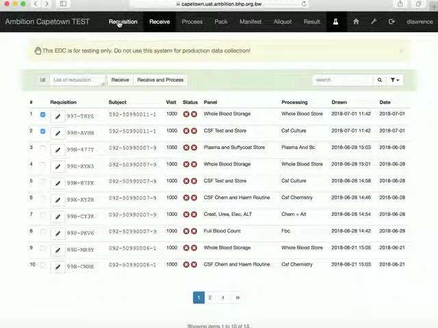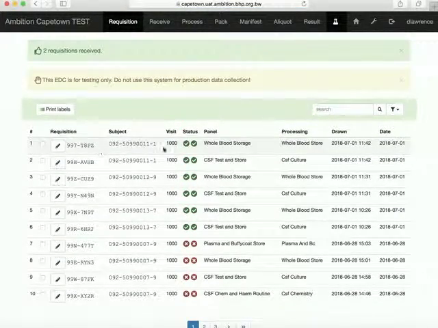Now we've got an issue here with a server error, which we've had for a while. We're trying to fix that. But actually if I take you back to requisition, you'll see that in spite of that error, the status on these 2 has actually changed to a green tick, which means that you have confirmed that those samples have been received and that you're going to process them. So what we do there is now we move along to the aliquot section,